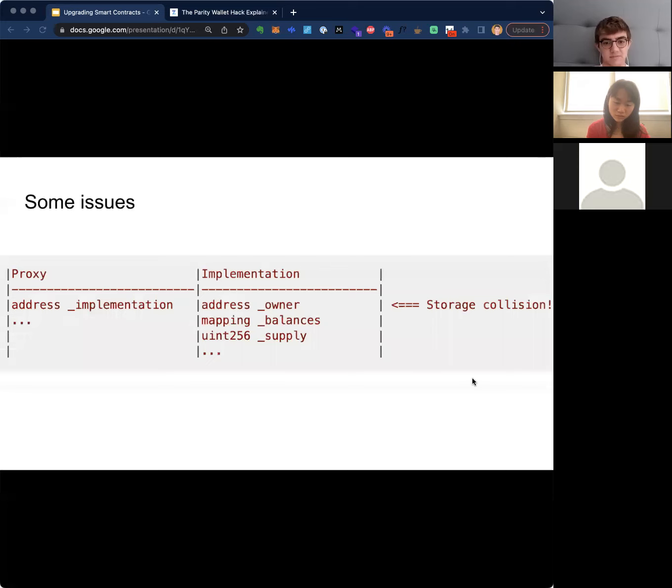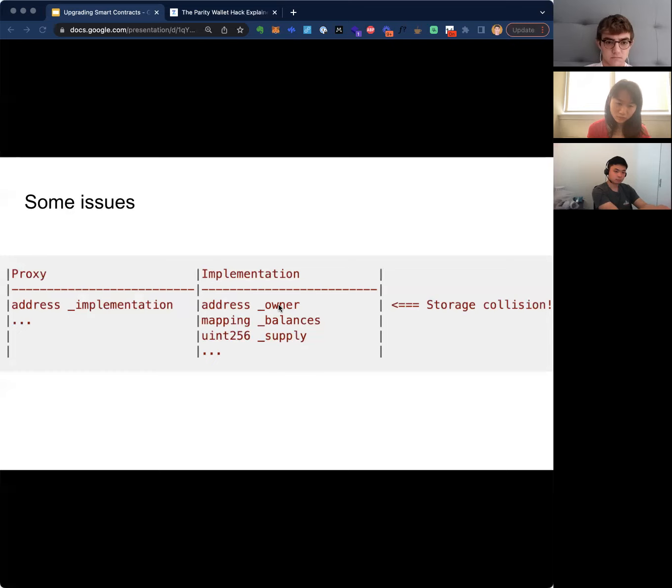Okay, let's continue. So here's a first consideration, right? A problem that quickly comes up when you use proxies has to do with the way in which variables are stored within the proxy contract. So suppose that the proxy stores the logic contract's address in its only variable, here, this public address underscore implementation. That's kind of what we just saw in the delegate proxy example. But now suppose that the logic contract is a basic token whose first variable is address public underscore owner. So both of these variables are 32 bytes in size. And as far as the EVM knows, they both occupy the first slot